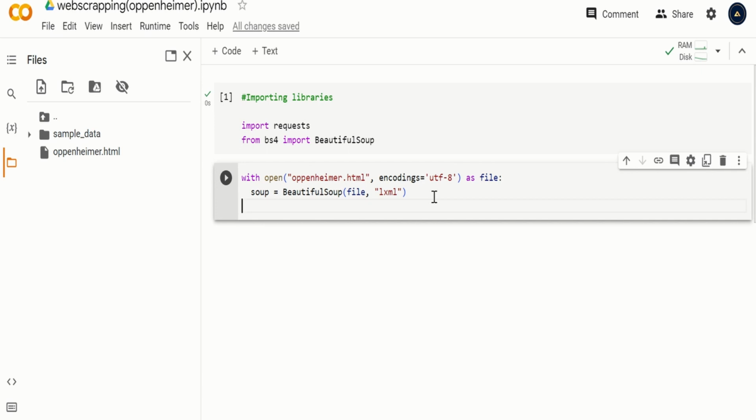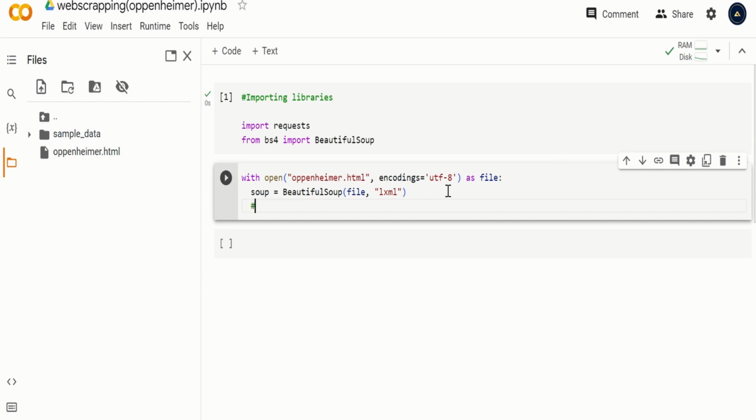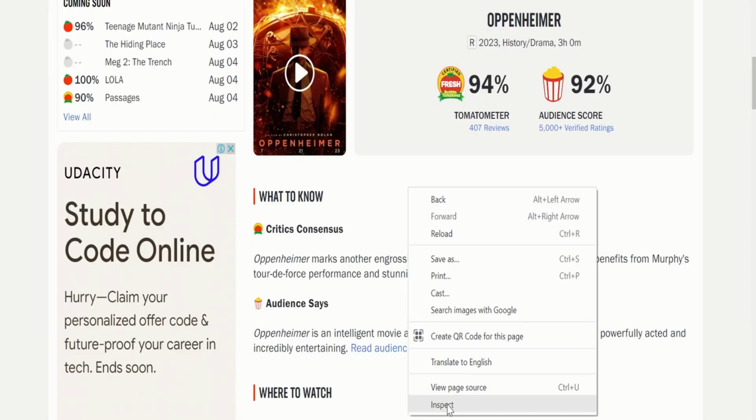its content. So the next thing we'll do is we want to now extract the title. We want to extract the title of this. To extract the title, we need to know the tags that are holding that title, and of course it is always the title tag. To get that, we just go to the website,